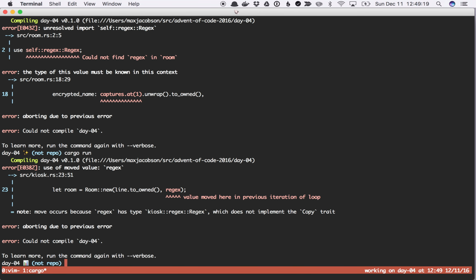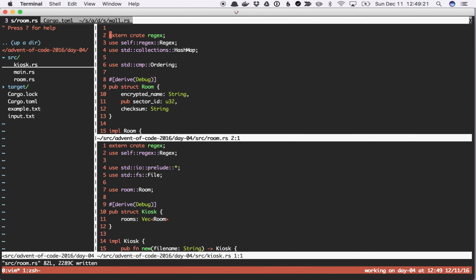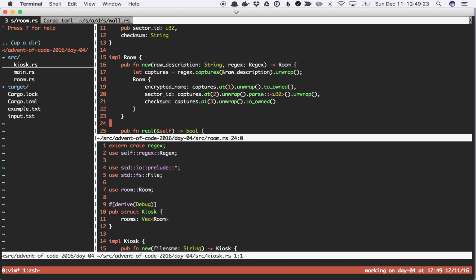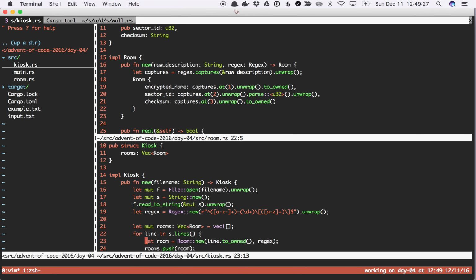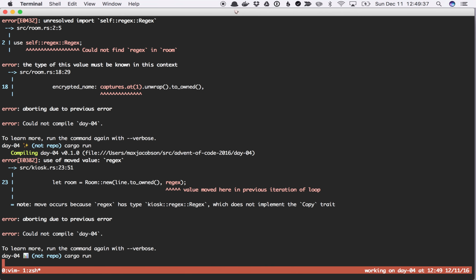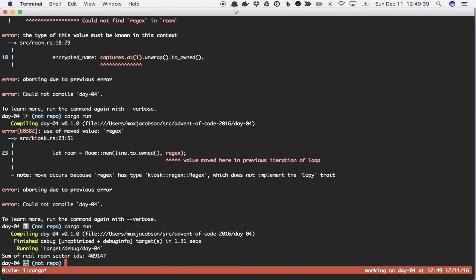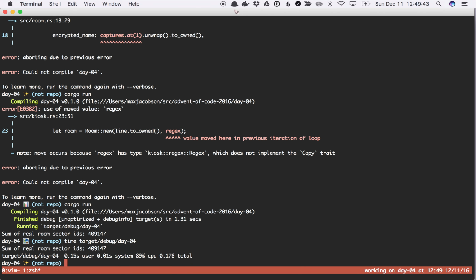Value moved here in previous iteration of loop. Oh, that's fine. Or wait, line 23 is down here. So this is all fine. Potentially it'll work. Okay, cool. So time, yeah, much faster. Originally it took like 2 seconds to run. Now it takes